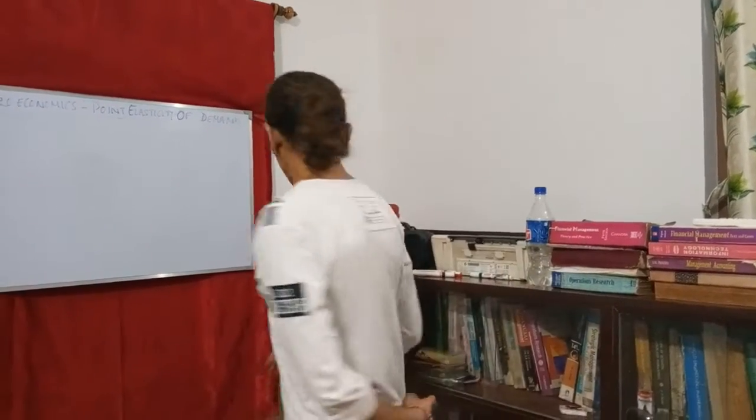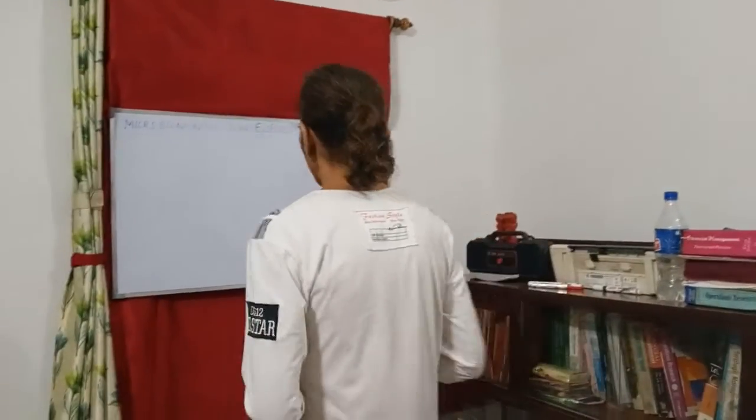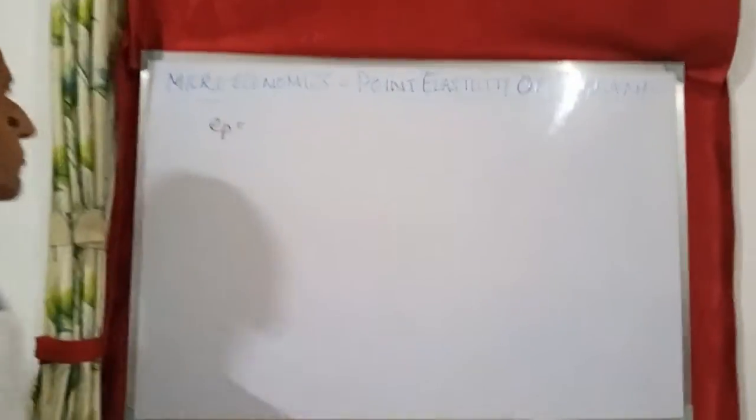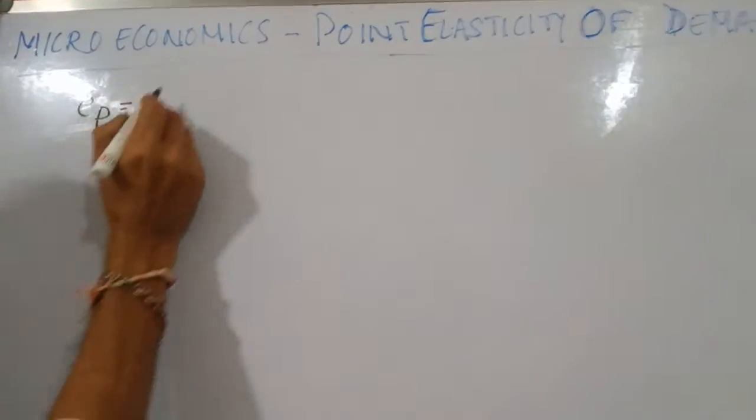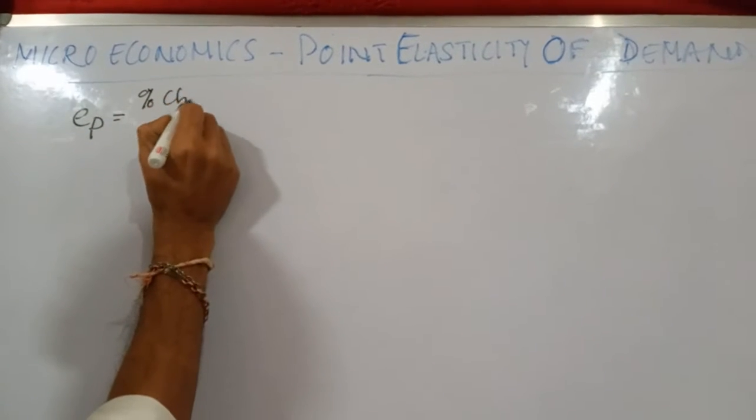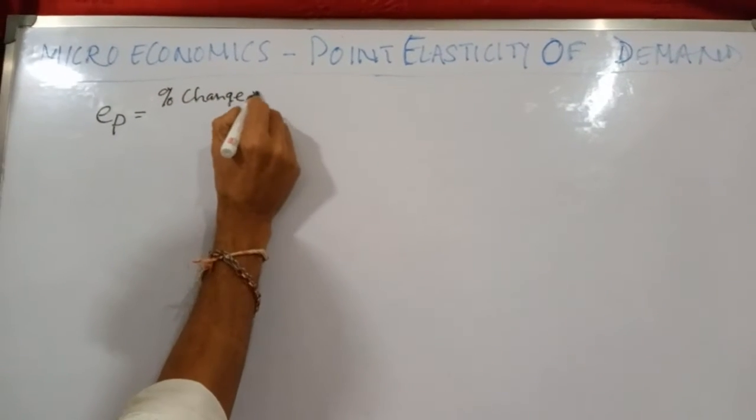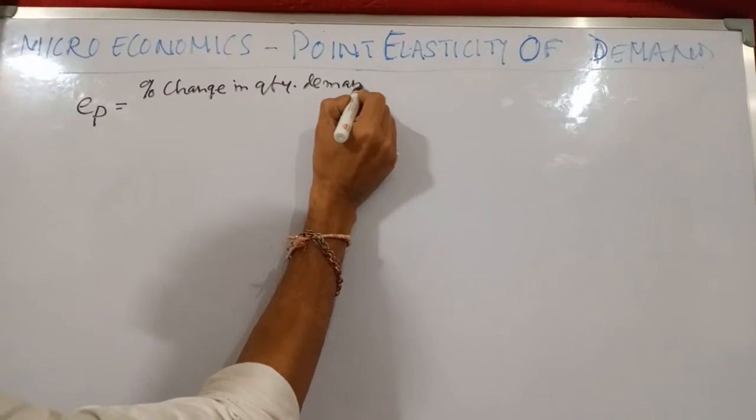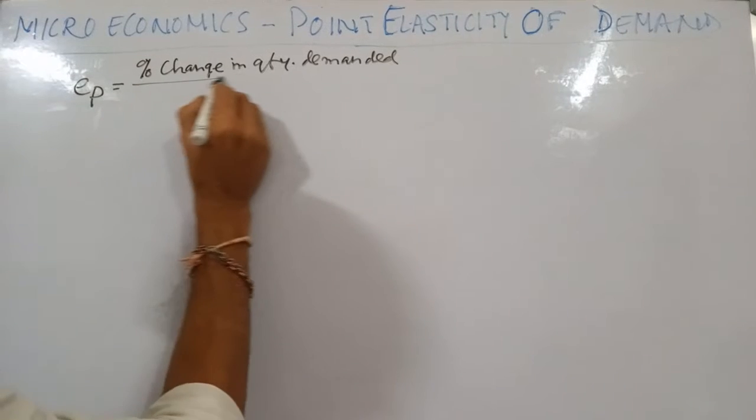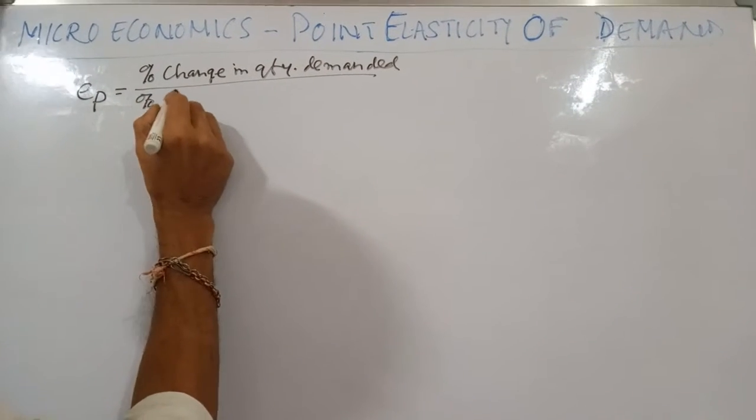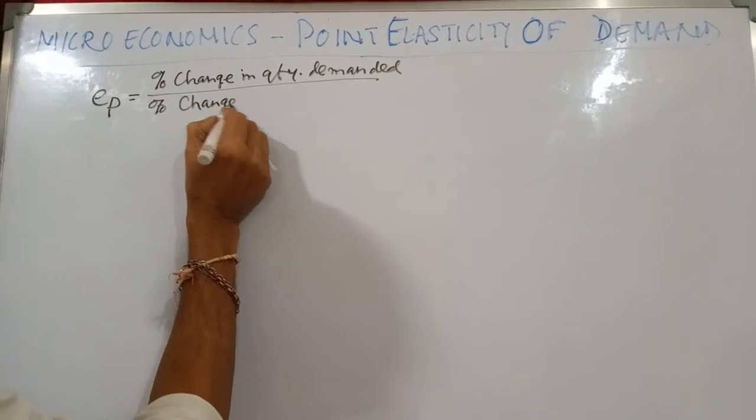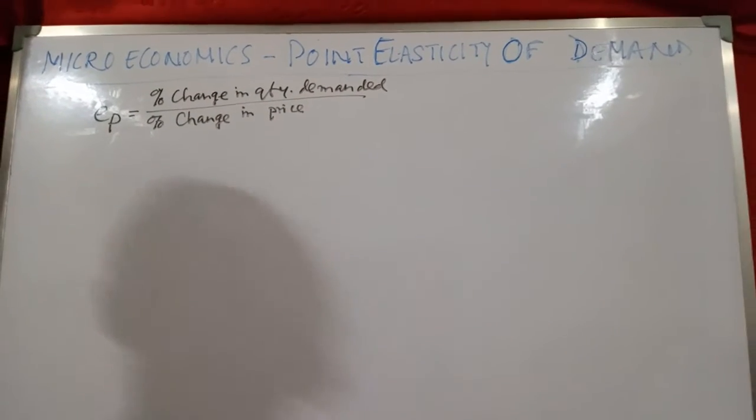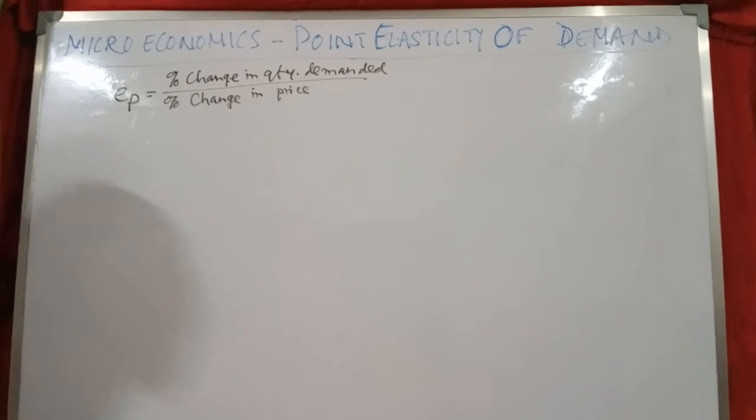So mathematically speaking, price elasticity, in short we write E suffix P, equals percentage change in quantity demanded divided by percentage change in price. Now elasticity or price elasticity of demand is a big